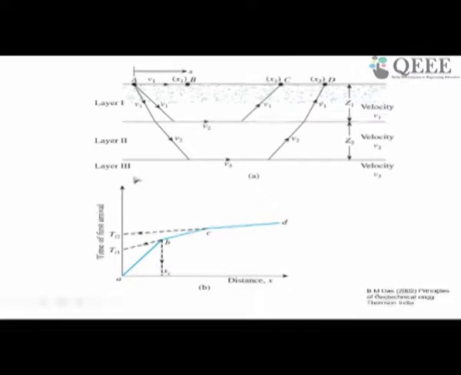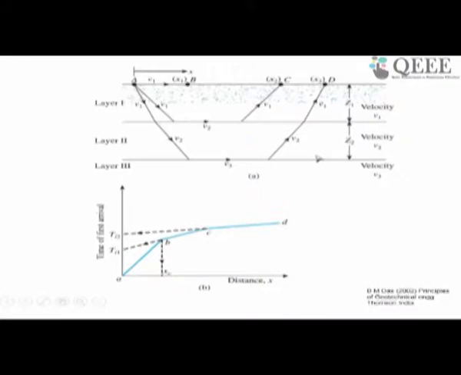So if you have 3 layers, as you can see here, the inverse of the slope will give you the velocities V1, V2 and V3 respectively. Now you are getting different velocities for different layers using geophones based on the different travel times. Now how do we get the thickness of the layers, because you know that there are different layers and those layers have different velocities V1, V2, V3.